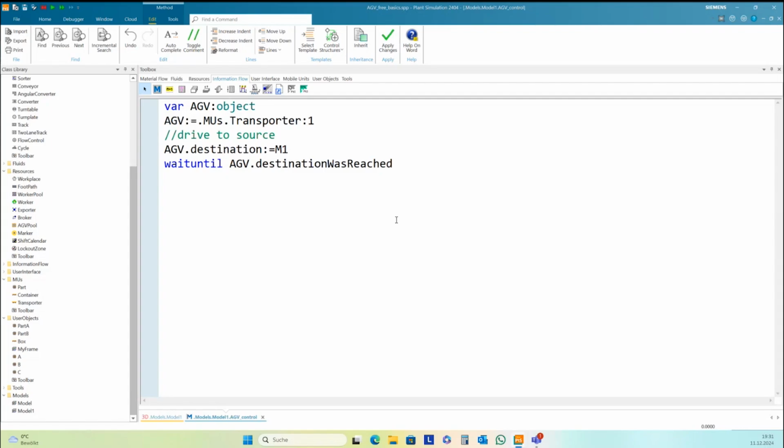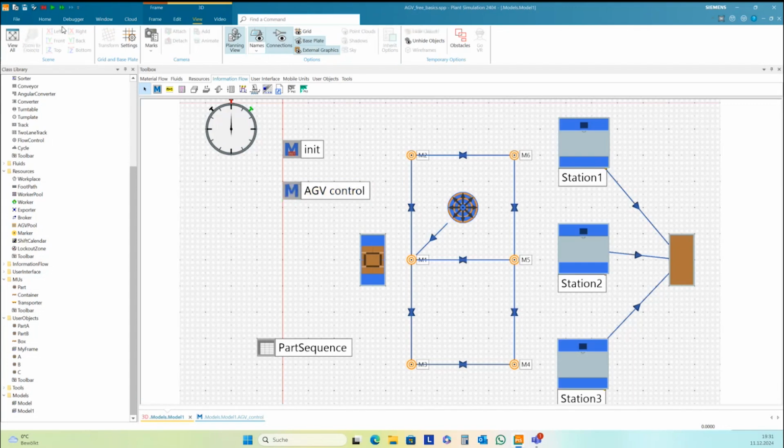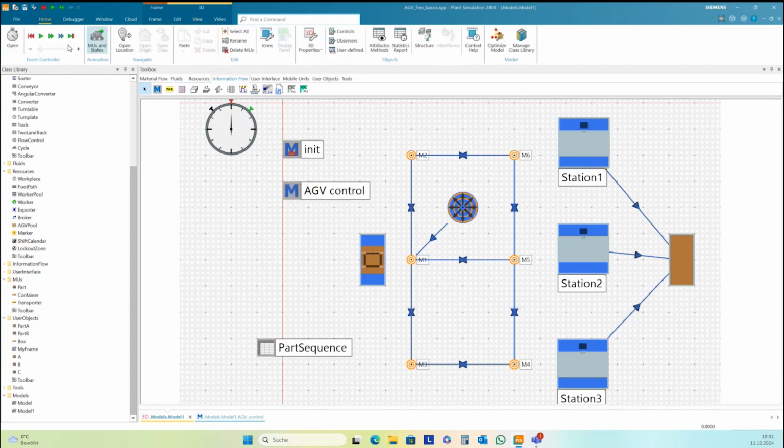Okay. I stop here and want to try it. So let's start this. HEV coming here and is stopping without any additional command. You don't need to stop it.